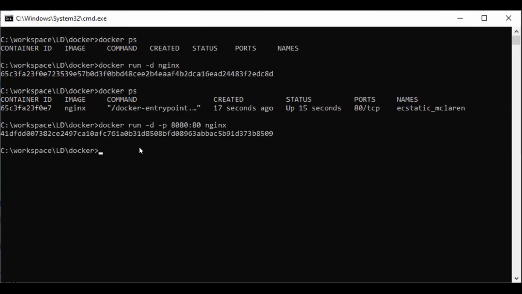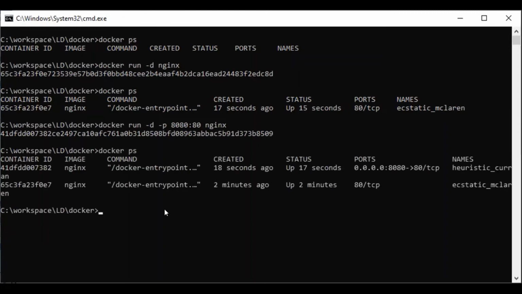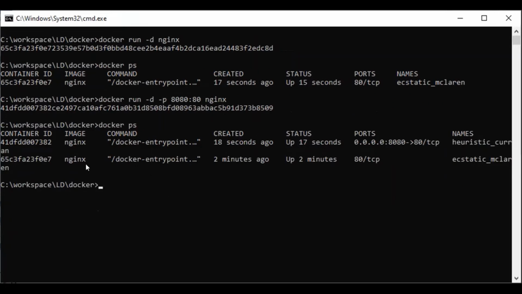Okay, so now it's written the ID of the container. Let's see again the docker ps command, and it should return two containers now. So here we are getting two containers. One is the older one, which was created 2 minutes ago, and the port is 80 TCP, but we can't